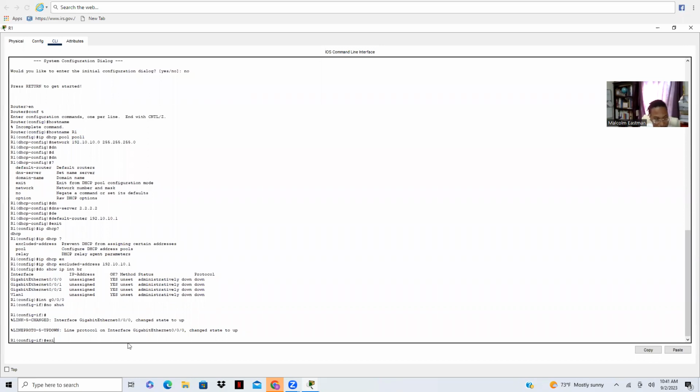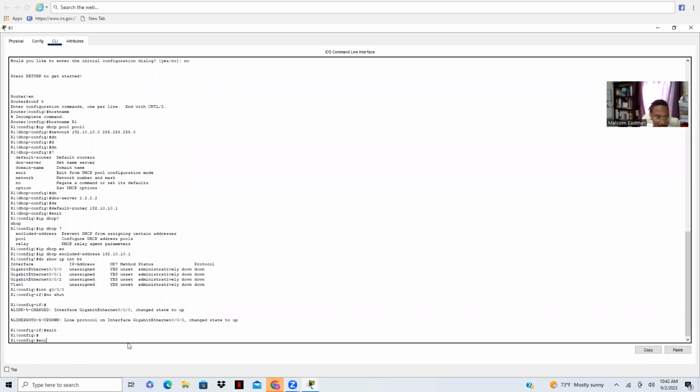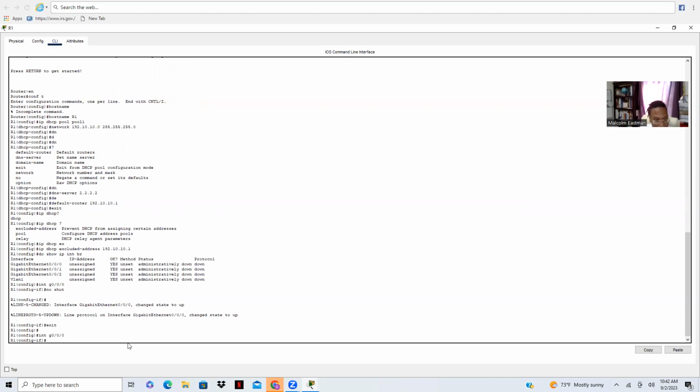So now I'm pretty much done with the router. Actually, no, I'm not. Excuse me. I totally forgot. I have to go back into that interface. G0/0/0, and I actually have to put that IP address on that interface. So I'm going to do the command IP add, and the address was